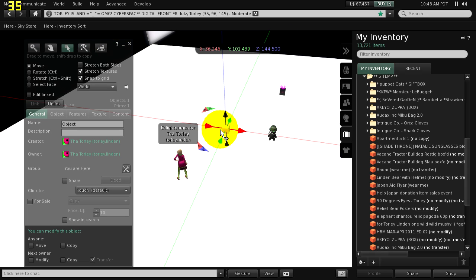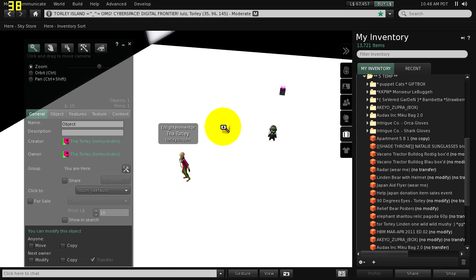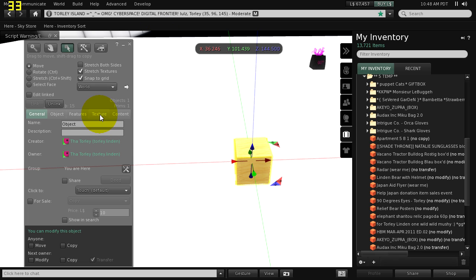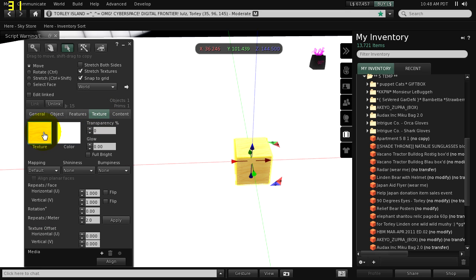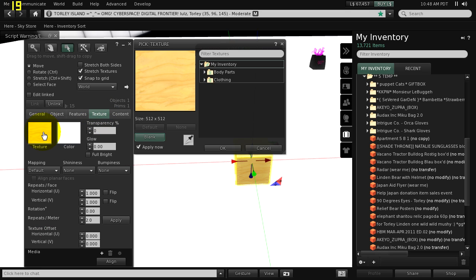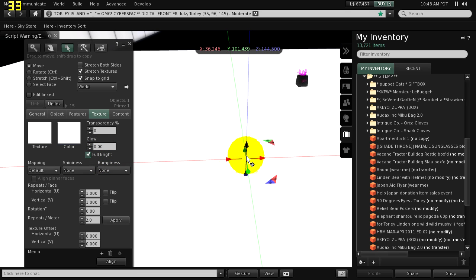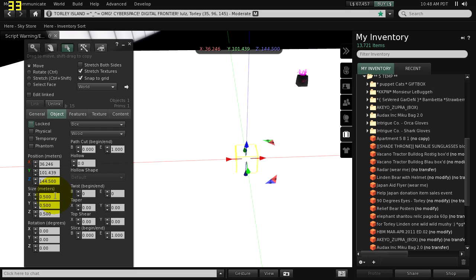It starts off with the plywood, right? I'm going to hold down the Alt key and zoom in like that. And now I have to get rid of that. That's annoying me. I just minimized that. Pardon. So let's go to the texture tab, and in texture here, let's click this and choose blank. Now notice it isn't full bright yet. What you want to do is not only make it full bright, so now it's going to be white on white object, and you can make this 10 by 10